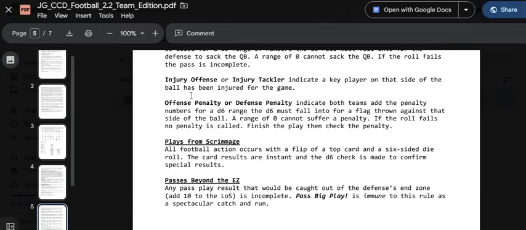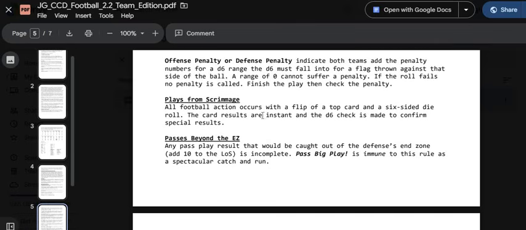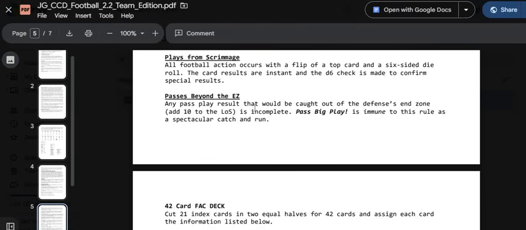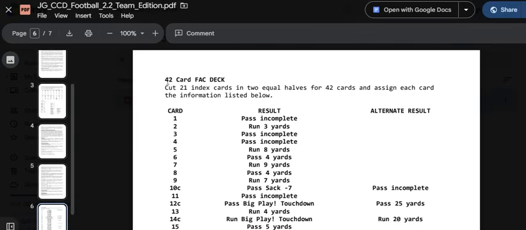Penalty, of course, you finish the play, then you check to see if the offense does indeed get a penalty or the defense gets a penalty. Plays from scrimmage, every single card flip is a play from scrimmage, so it makes it easy to track stats if you want it in time. And passes beyond the end zone, again, this just defines whether it's incomplete or a touchdown. The exact same 42 card FAC